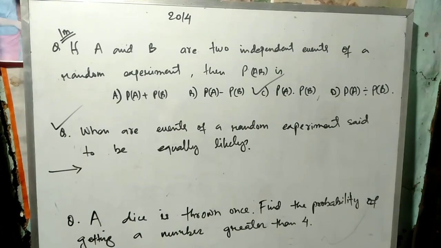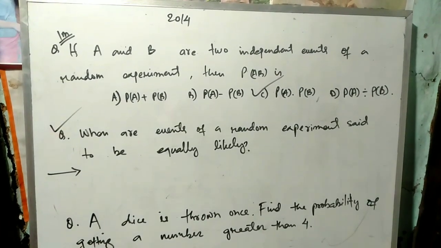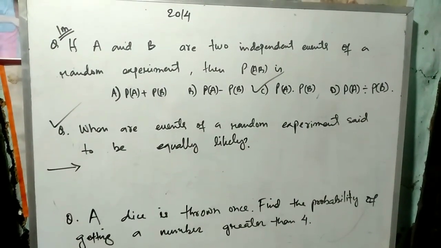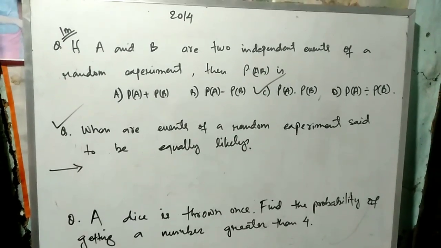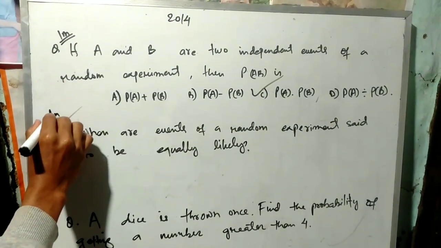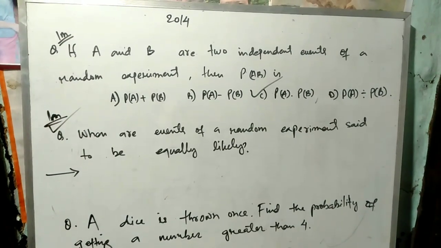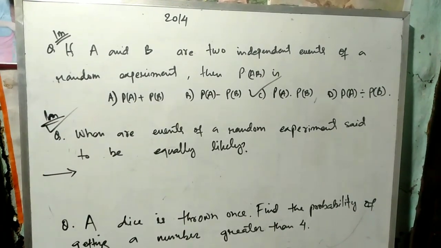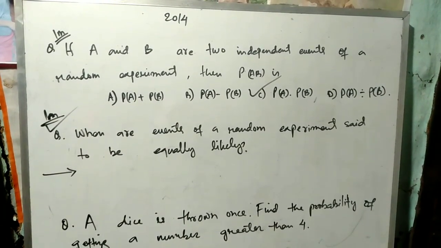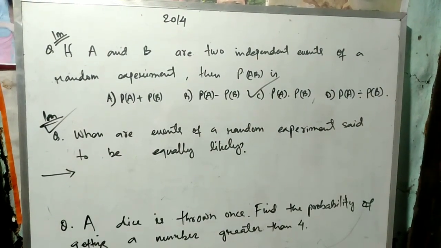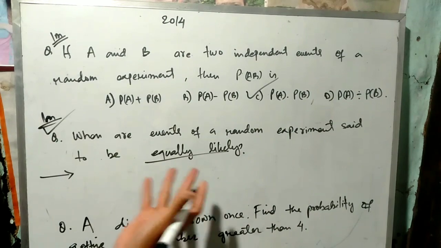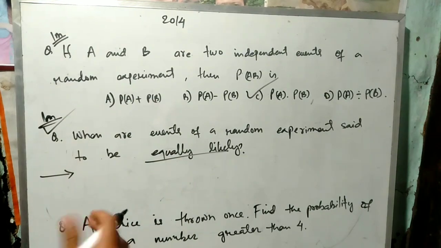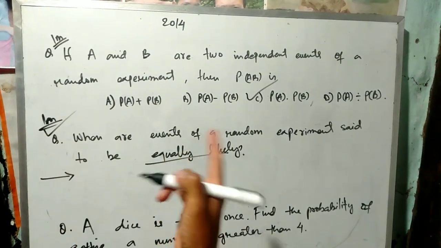When are two events of a random experiment said to be equally likely? This question came in 2014, carrying 1 mark. Equally likely means equal, the same, having the same chance of occurrence. Events are said to be equally likely if